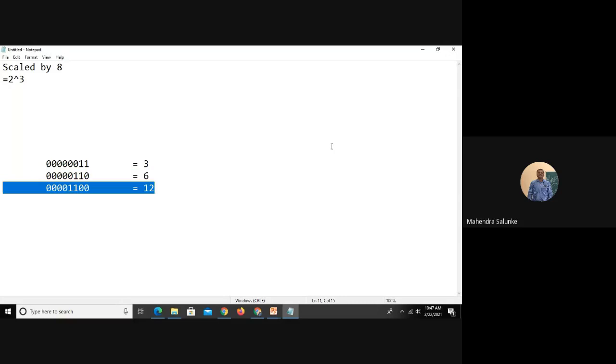Then the second time it becomes 12, and then the third time 0 0 0, so 1 1 0 0 0, and this becomes 24 in decimal, right? 24 in decimal. And if I write it in hex, here you can see I can write 0Ch, and this number I can write as 18h. All right.